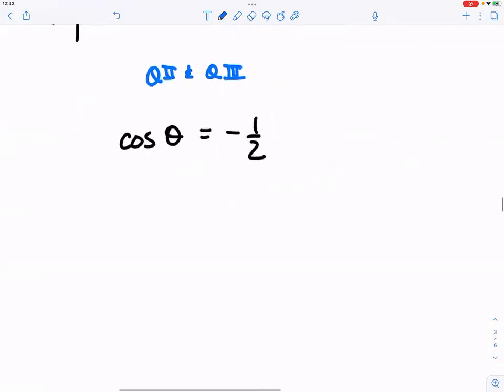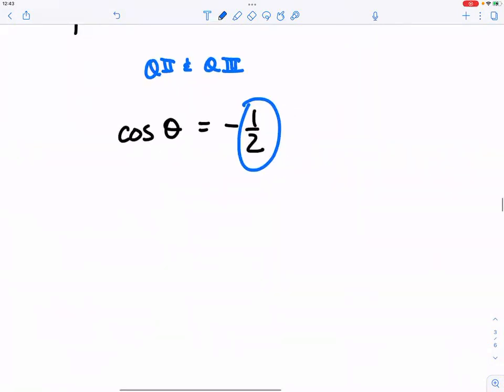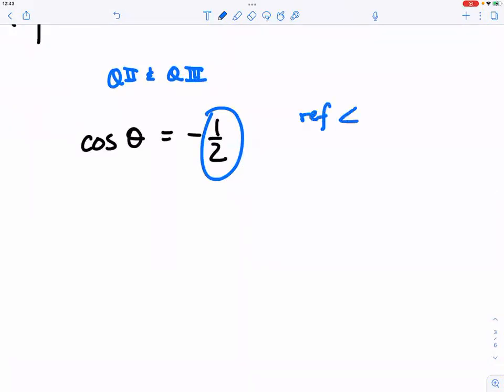So what we say is this: let's just look at 1/2 first. Cosine of what angle is equal to 1/2? We say cosine of 60 degrees is 1/2. You can look at your unit circle, look at the x value. So for 60 degrees, the x value is 1/2, right? But now this is just a reference angle. We know our angle must be in quadrant 2 and quadrant 3. So our two angles would be